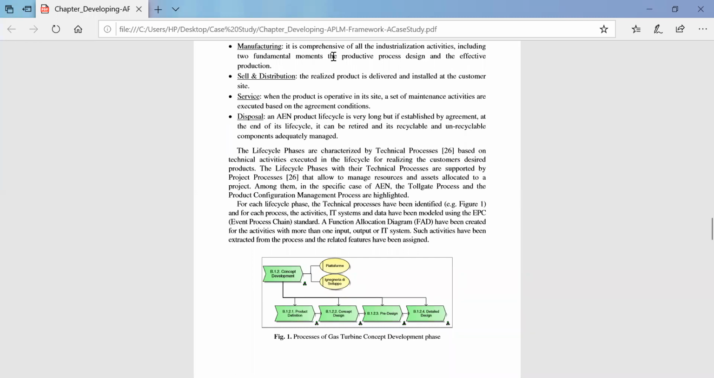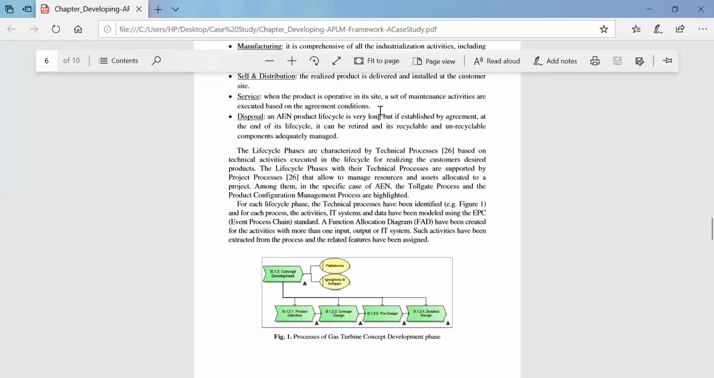Okay, so when the product is in the market and the customer is using it, you need a service sector for that. When the product is operative at any site, a set of maintenance activities needed by the customer is given on an agreement basis. You will have a free service for around 1 year, 2 years with respect to the agreement conditions, and later it will be payable, where the customers have to pay for the given service. Once the product is running successfully, it will be reliable for a certain period of time. So you can get a successive